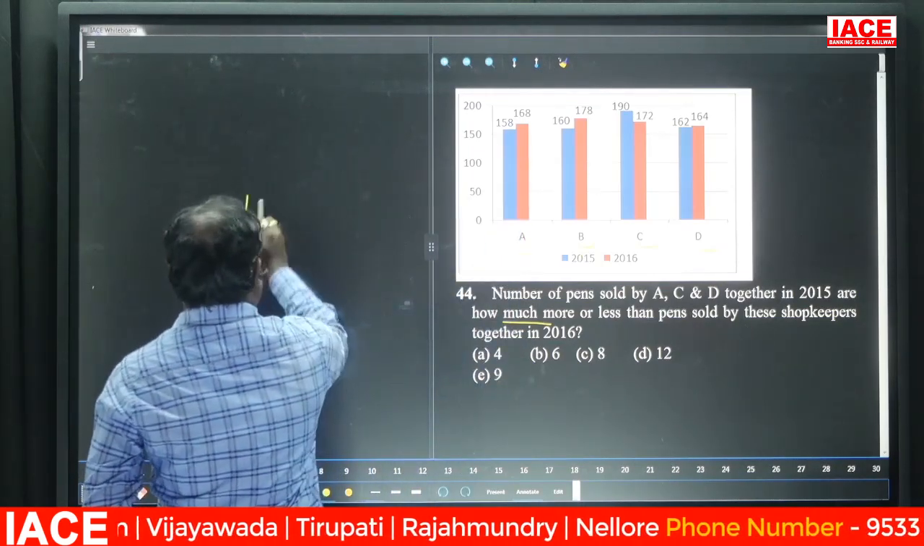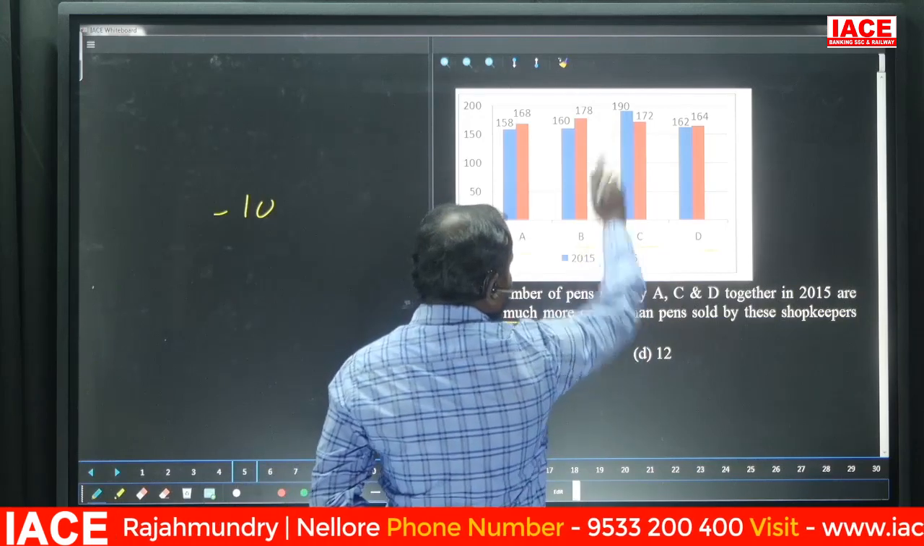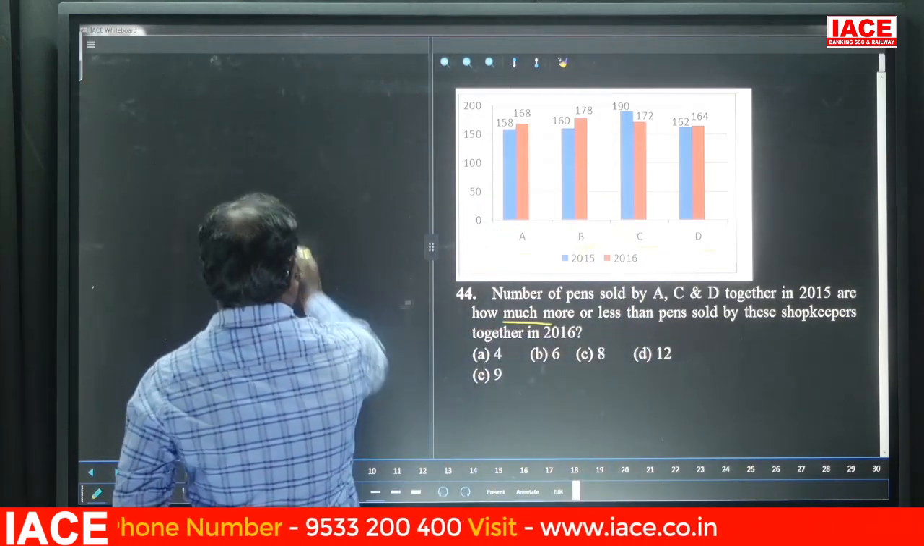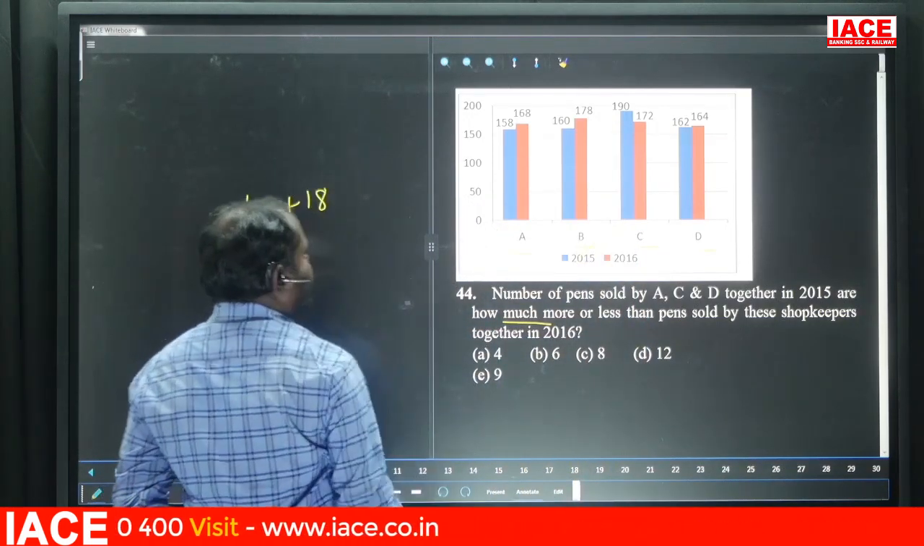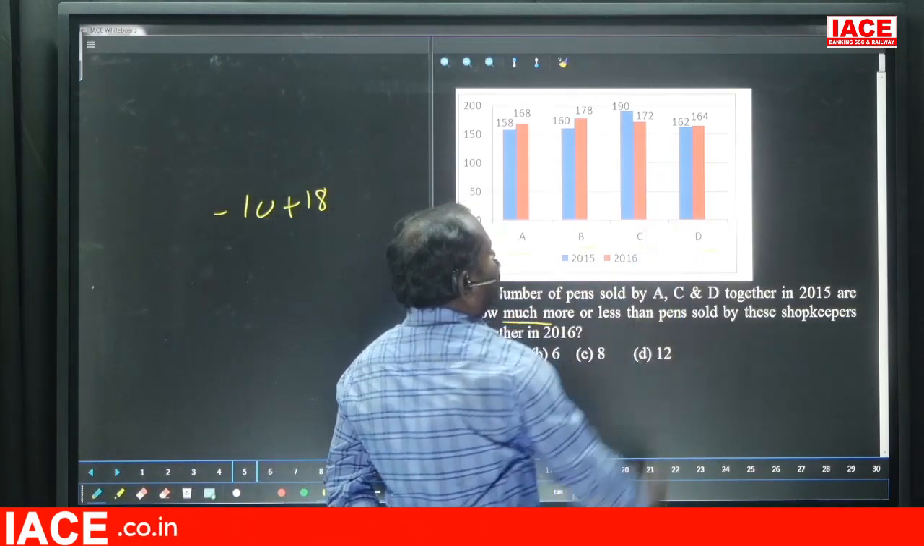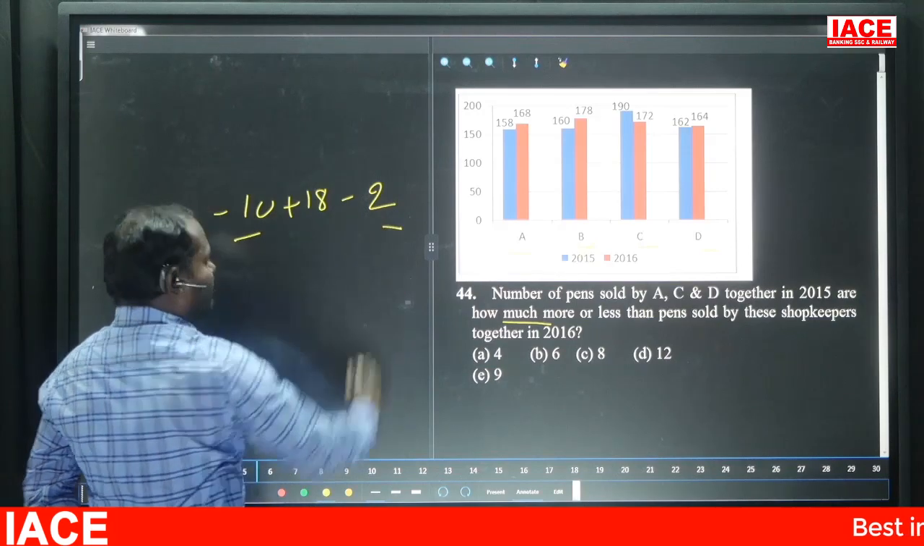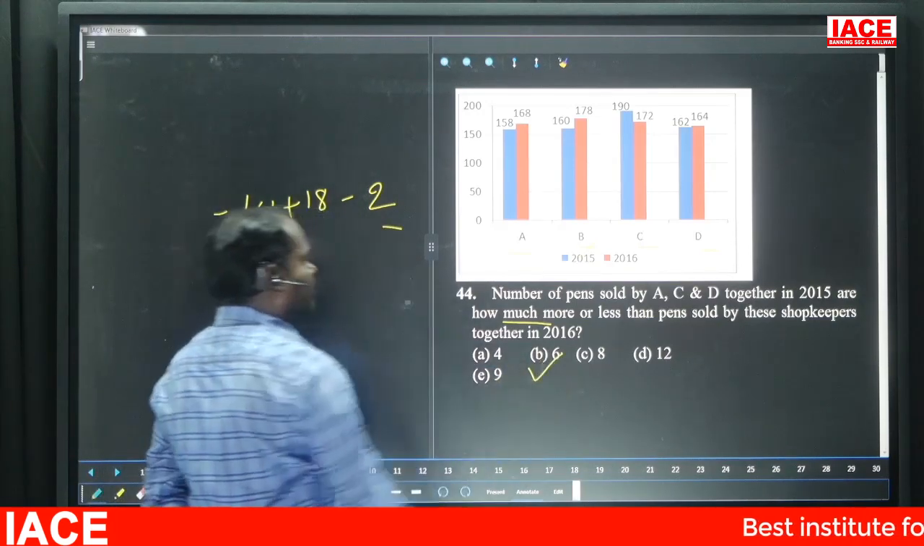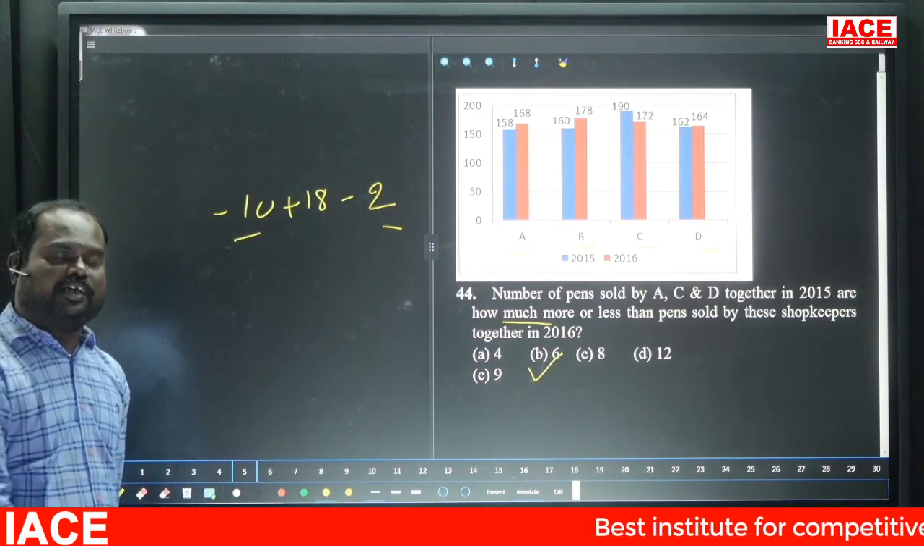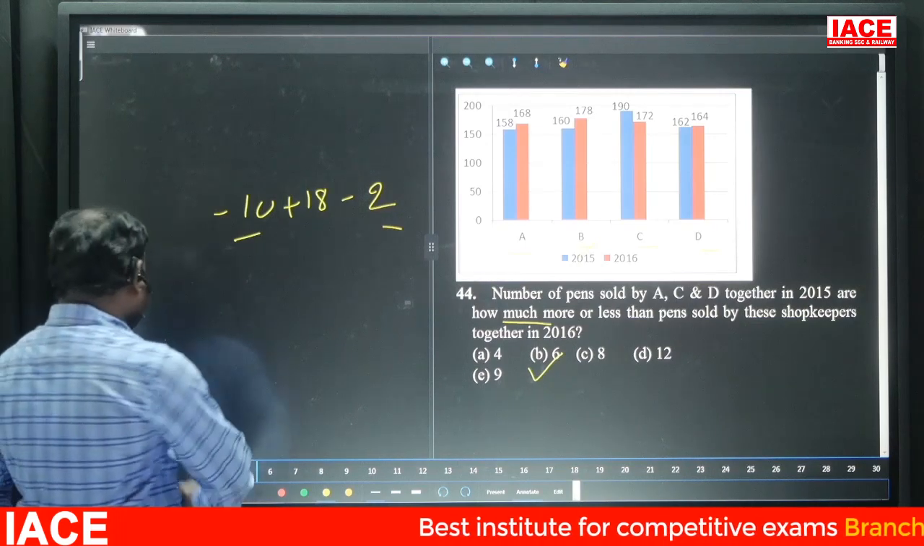If A is less, negative, what is the difference? Minus 10. In the case of C, it is extra, so plus 18. Here for D it is less, minus 12. So 18 minus 12 gives a difference of 6. Option B. We can take the combined value. Next,